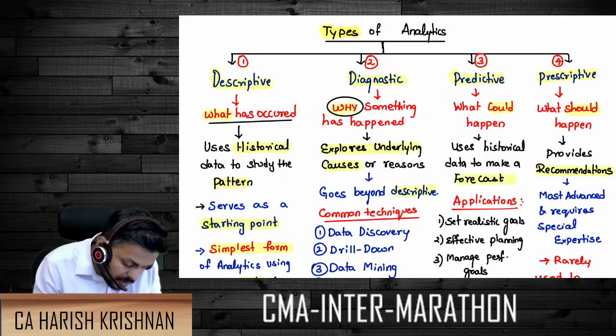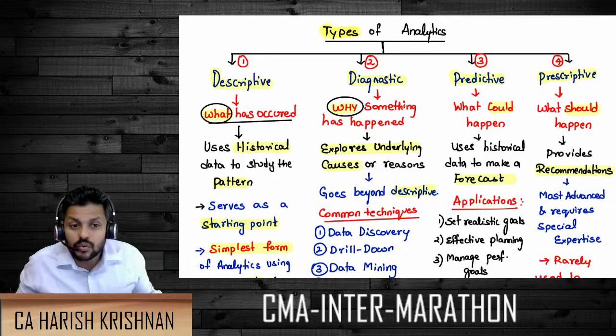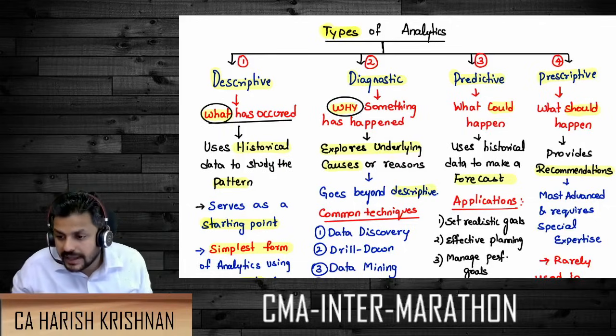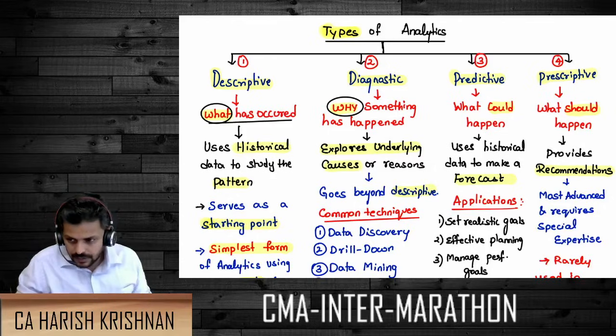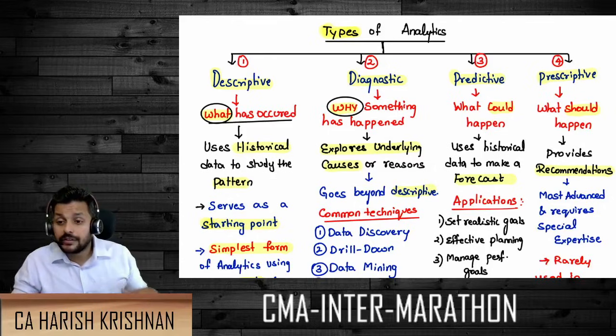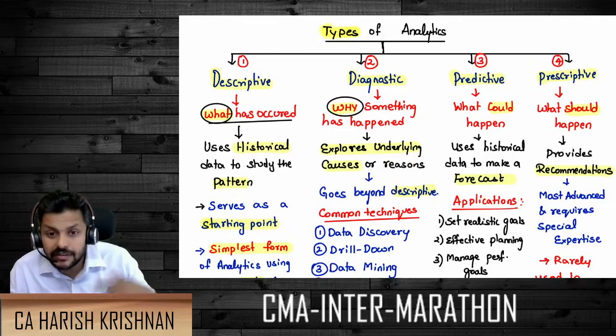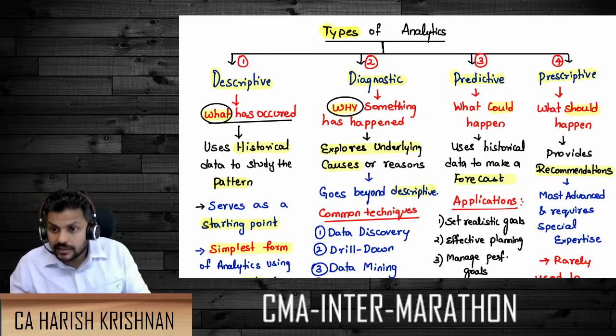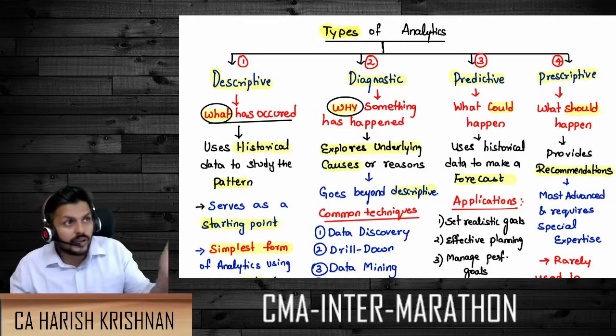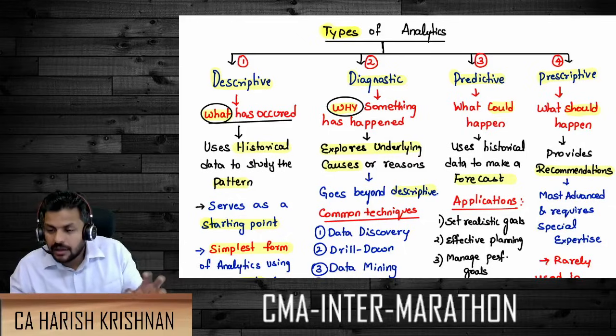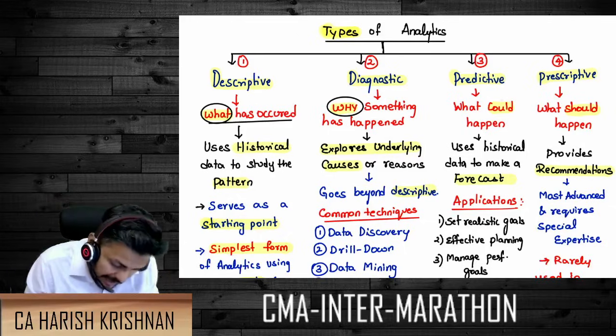If you just talk about what happened, it is descriptive. But when you talk about something as to why it happened, then it is called diagnostic analysis. While the next type of analysis is called predictive analysis. This is more like, based on the current data, using historical data, you are telling what could possibly happen,